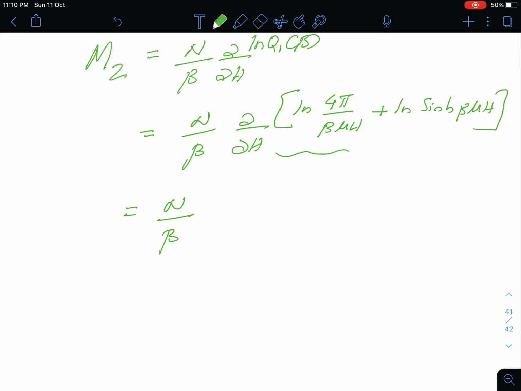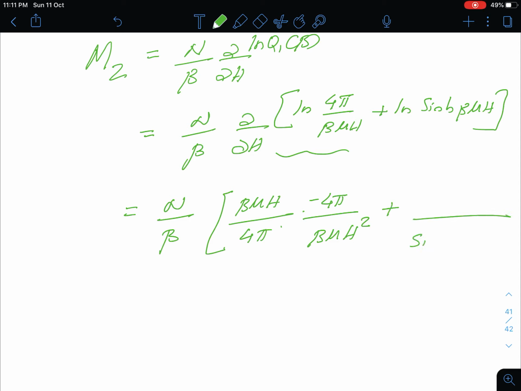The derivative of ln, what do we do? We turn it upside down, right? Beta mu h by 4 pi. Now there is 1 by h here. So that is minus 4 pi by beta mu h square. Okay, plus ln sinh beta mu h